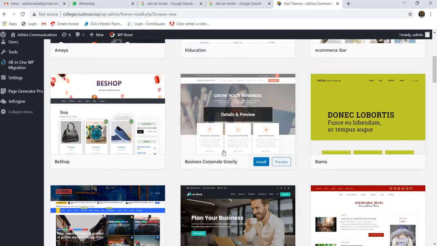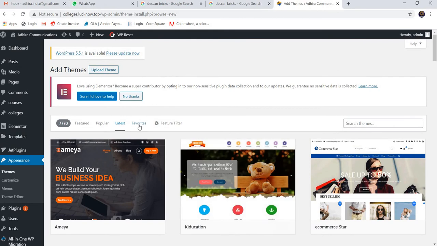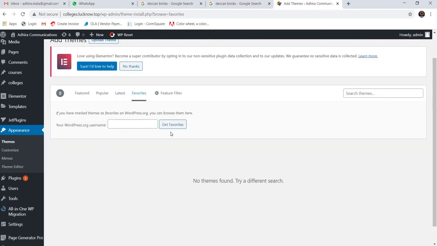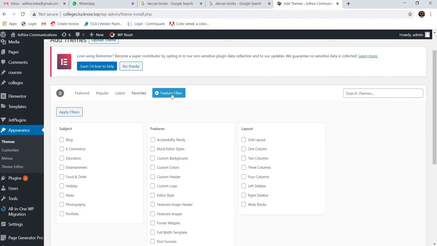Here we can select from these, and next coming back to Favorites. If we have already selected any themes we want to use regularly, you can mark them as favorite themes. If we don't have any knowledge about which theme to select for our business or website, then you can come to the Feature Filter, where you can filter the themes suitable for our business.